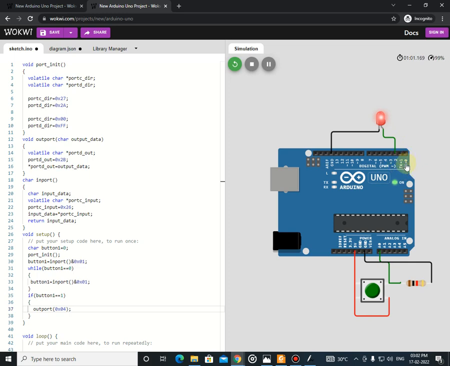So we are not going to use those 0 and 1. So we are going to borrow another 2 pins from port B for our output. So in the next video we are going to make the 8 LEDs and 8 push buttons to interface with the Arduino